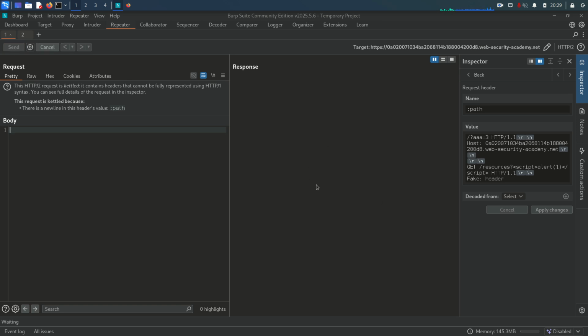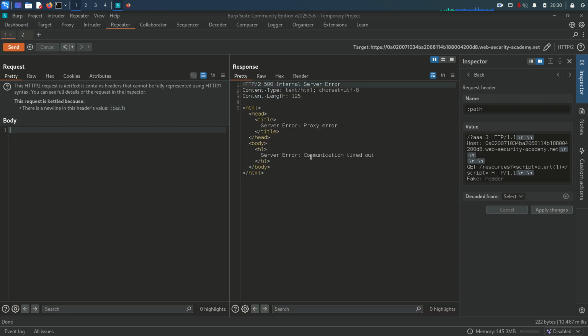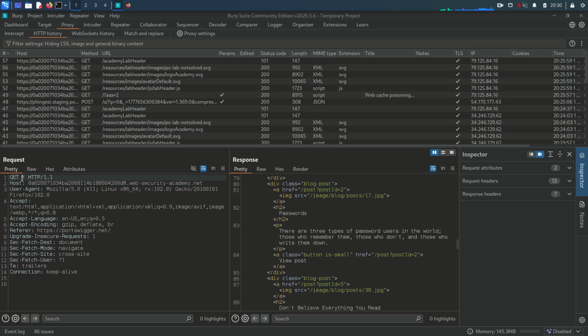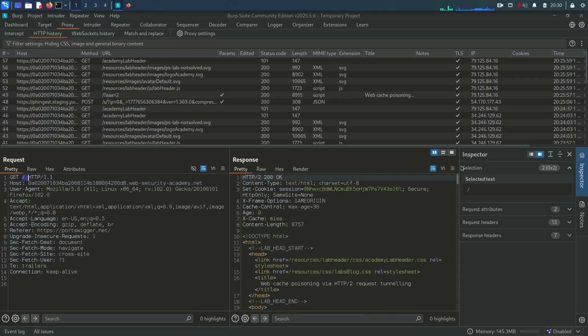Now this is the part where the content length plays a crucial role, because you will get a communication timeout. Why? Because the number of bytes in the response expected by the server is not exactly the same or more than that. So we need to add padding so that the content length will be the same as it requires or more. For that purpose, if we come back here, you can see 9081, or if we go back to the proxy, to the web root request, here you can see in the response the content length is